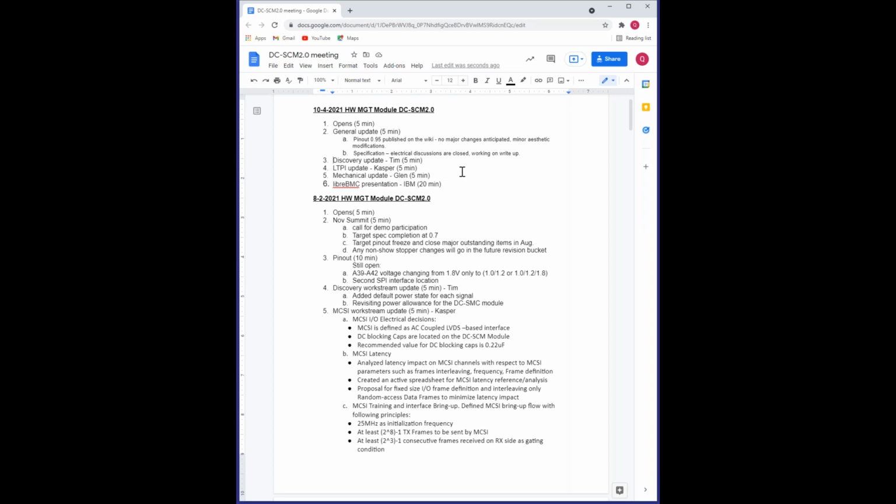So we can go to each section. We have 3 major sections for the spec. We have a discovery and sequencing chapter. We have LTPI, which is renamed from previously MCSI. It stands for LVDS Tunneling Protocol Interface. And then we have mechanical update. Glenn from Intel has graciously accepted the challenge of owning the mechanical section, so we'll have Glenn do an update on that. So the Discovery and LTPI work streams, like I said, have been closed